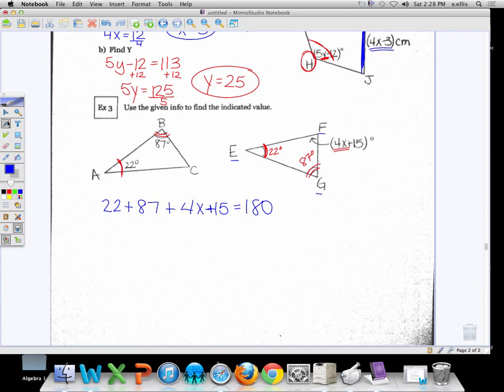Okay, 22 plus 87 plus 15. That's going to be a little bit different. 22 plus 87 plus 15 is 124. So 4x and a positive 124 is equal to 180. Minus 124, we have 4x equal to 56. And if we divide that by 4, aha, x is